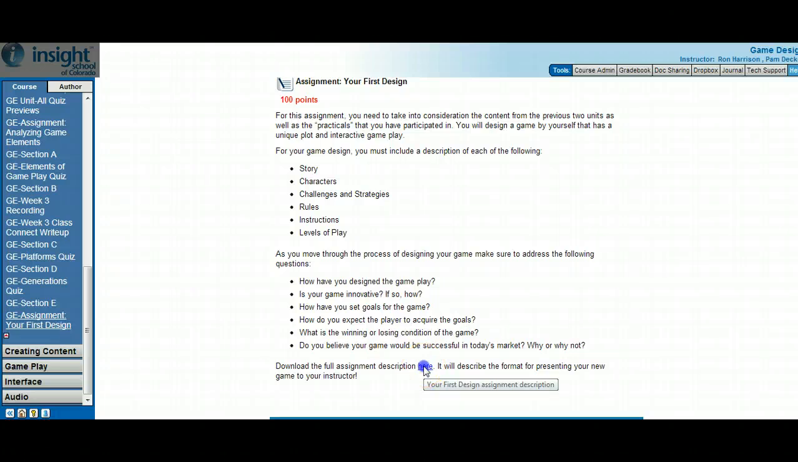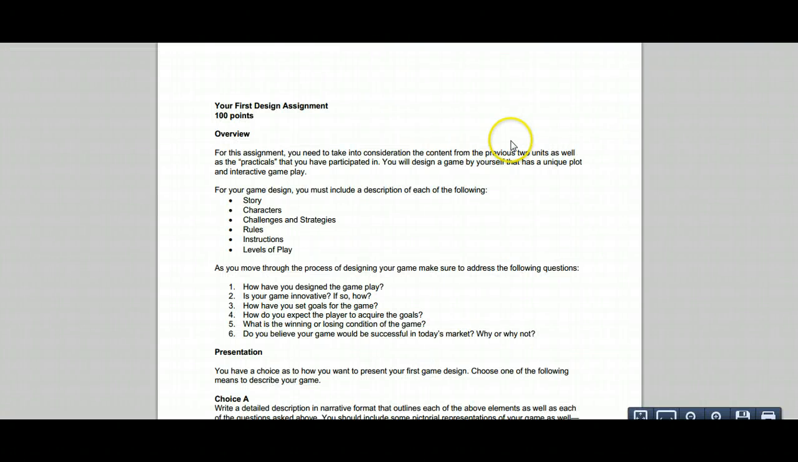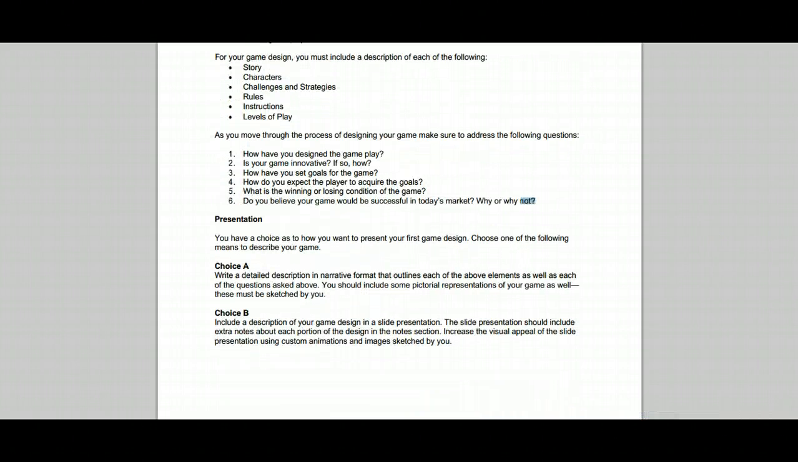All right, let's go down here to the assignment description. So here's the assignment description. So all this stuff is still the same as was on the other page, but how are you going to present this information? You have 2 choices. You can do it in narrative form, which would mean you do it in a word processor. And if you were doing it in a word processor, and this is really important,